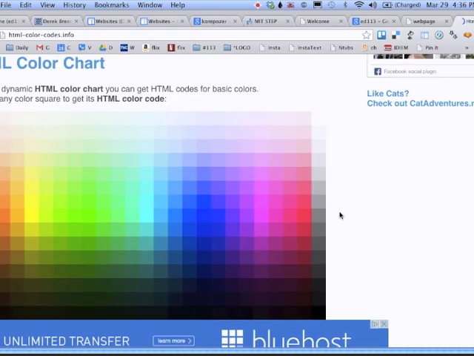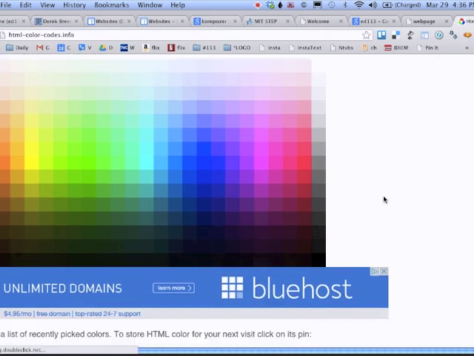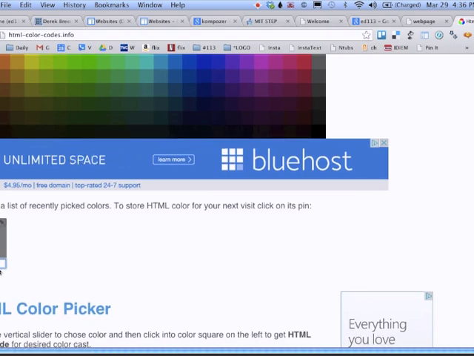So this is an example of 256 colors. And if I click on any one of these colors, it should give me a code, which it just did. 31 is the amount of red, B4 is the amount of green, and 04 is the amount of